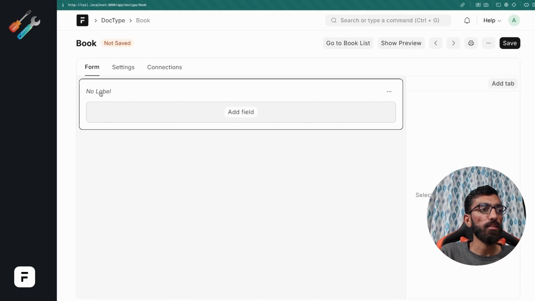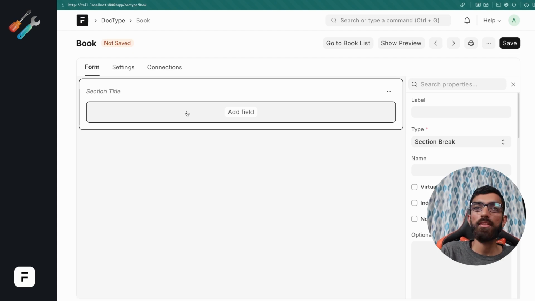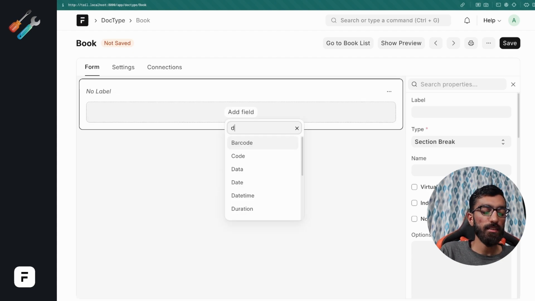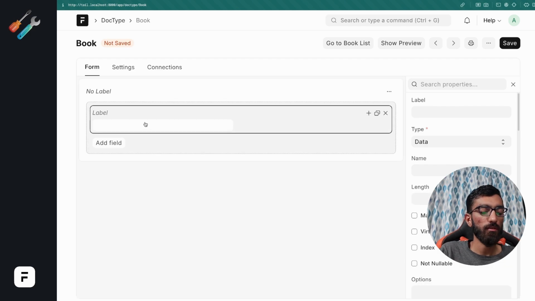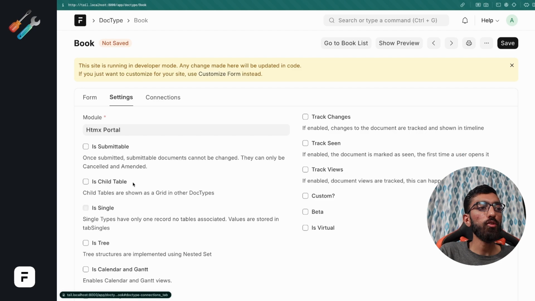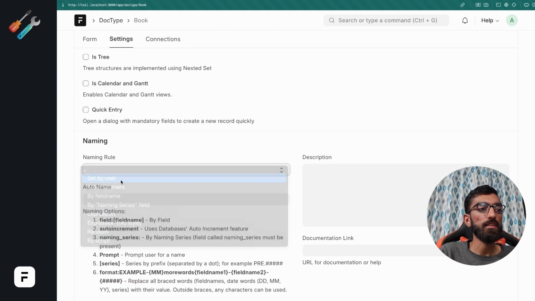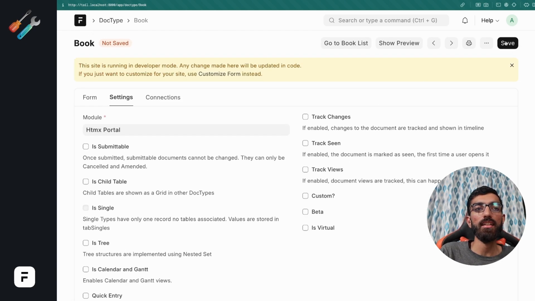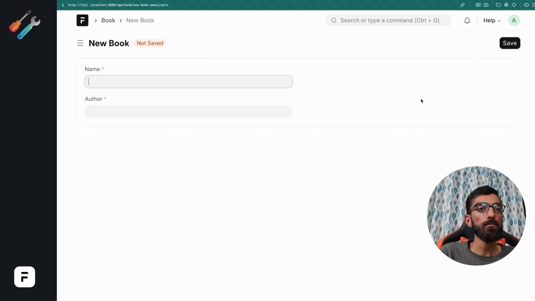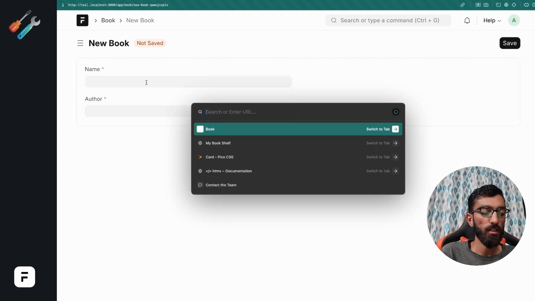Let's add a new section. And in this, I will just add one field called author, make it mandatory. I'll go to settings, and in the naming rule, I will say set by user. So the user can set a name for the book. Let's hit save, go to book list, and I want to add a new book. Let's grab Harry Potter